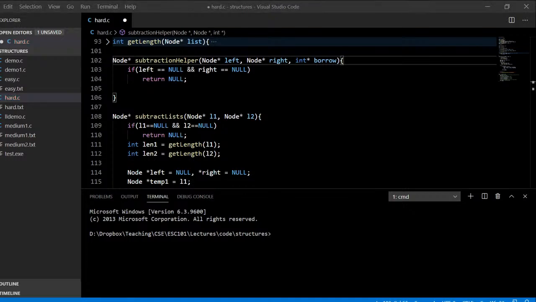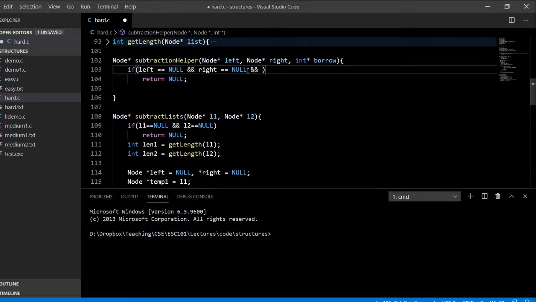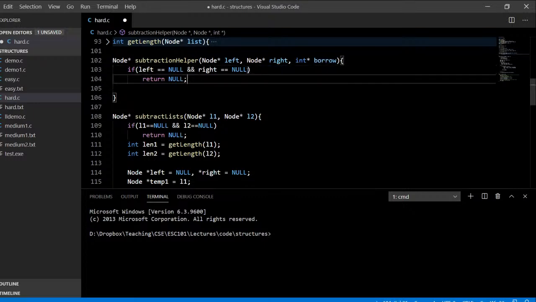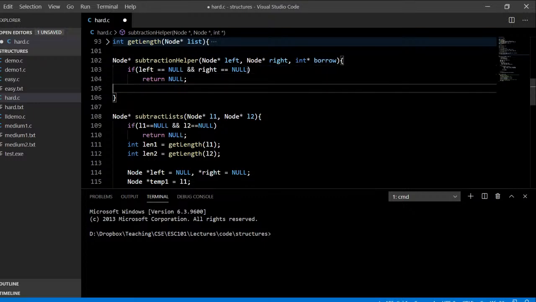I'm also sending an address of an integer type here, and then I should check for that also. Actually, let me not bother with this. Okay, so now we can keep going,